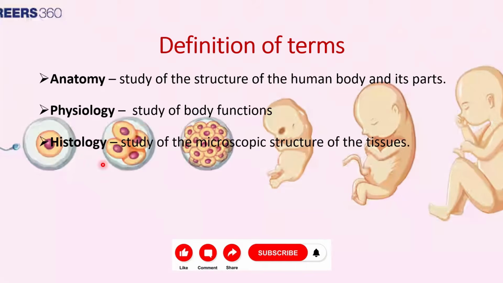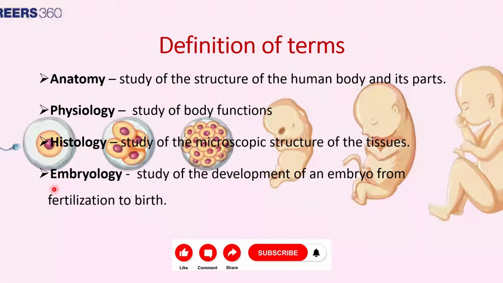In histology, we have the study of the microscopic structure of tissues. So if we take one part of the body, for example the liver, and we want to study the cells, the structure of how it looks, that is the microscopic structure of tissues, which is called histology, the study of cells and tissues. Histology is a broad term also. It includes cytology and other things. And then finally, we have embryology, which is the study of the development